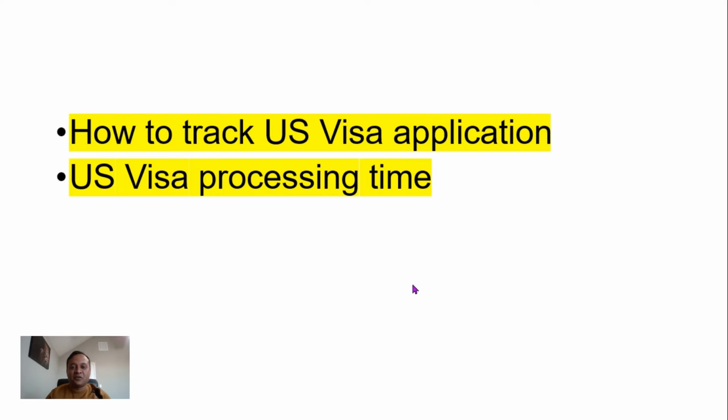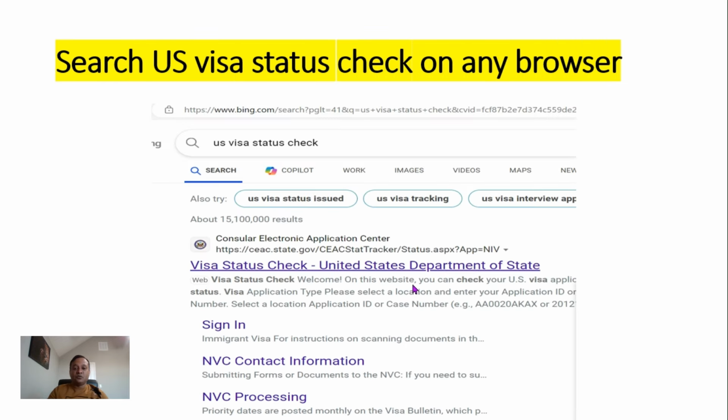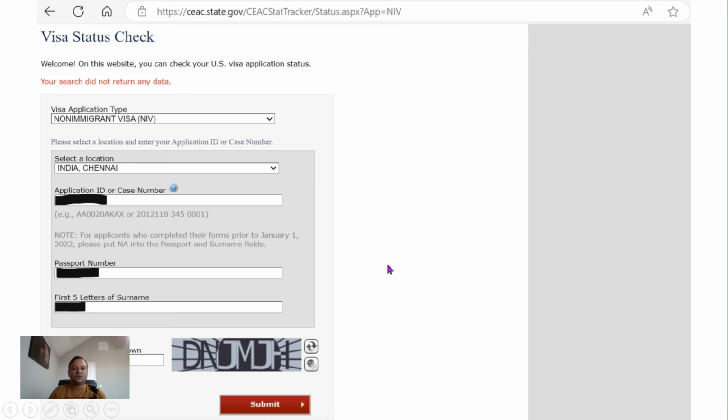So once you are done with your OFC appointment or your interview appointment, how to track the US visa application, or what is the processing time it takes once you give your interview or OFC appointment, and until you receive your passport with the visa. So to check that, go to any internet browser and type US visa status check. This will take you to the Consular CEAC website, and click on this link, which will take you to this